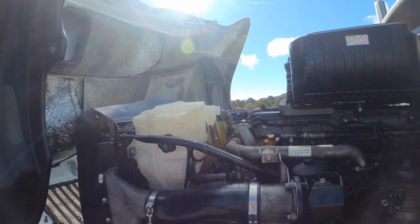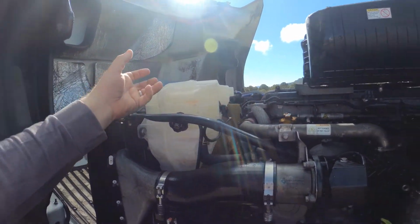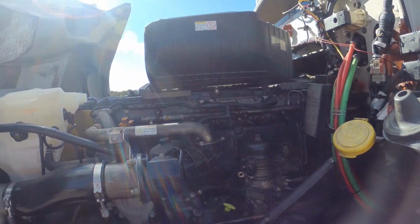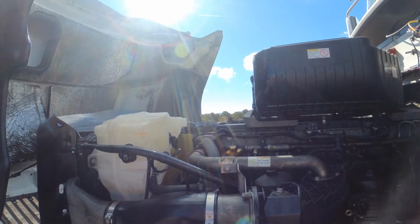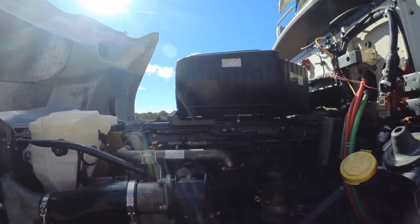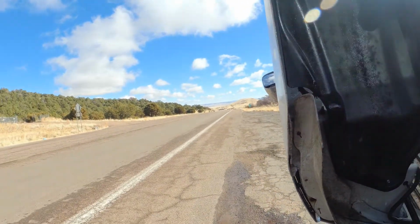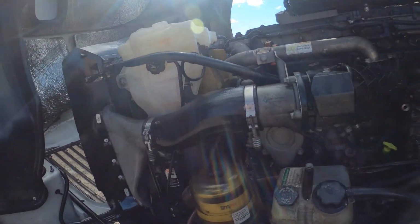Stupid me this morning. I topped off, checked everything, and I must have never replaced it. I just placed it here and closed the hood and walked away and started driving, and it fell off, and it was fine. I drove for hundreds of miles until this big hill, and obviously the temperature got hot, and it just started like a volcano coming out there. So